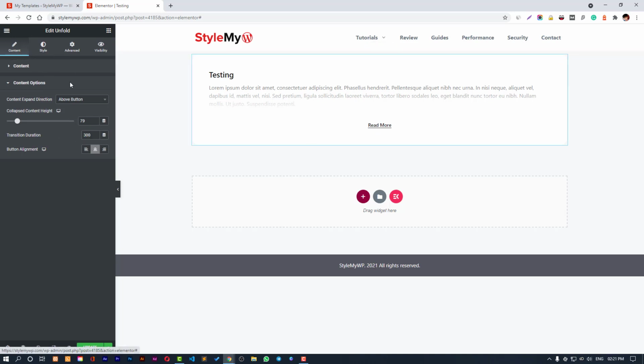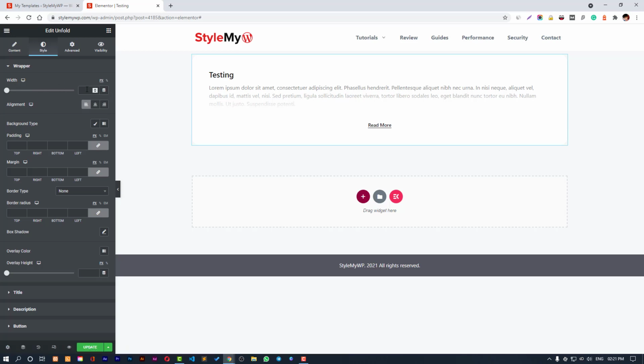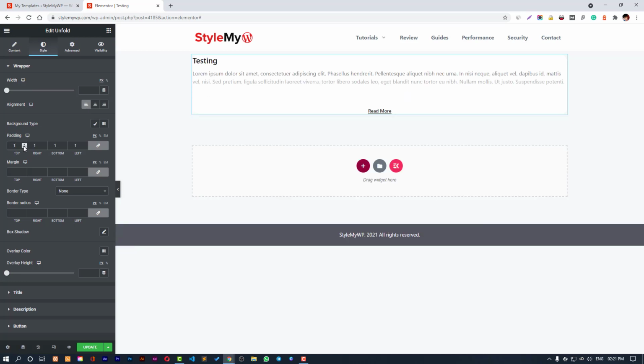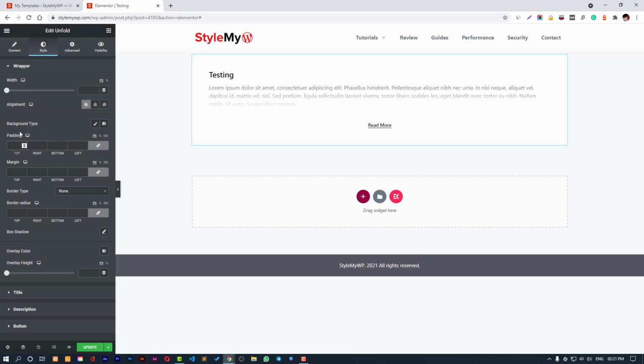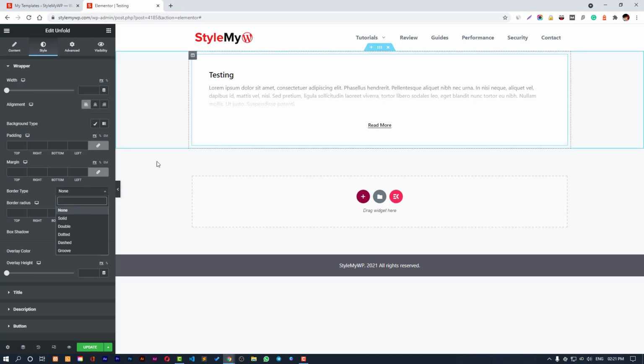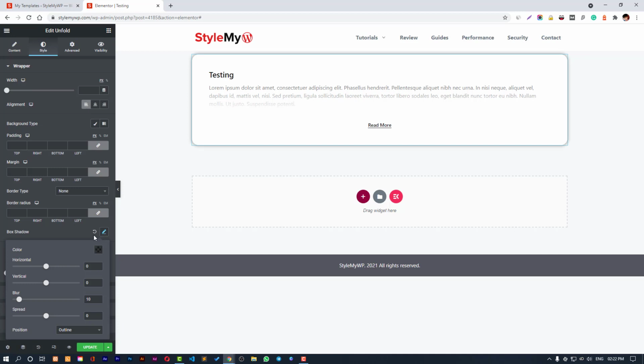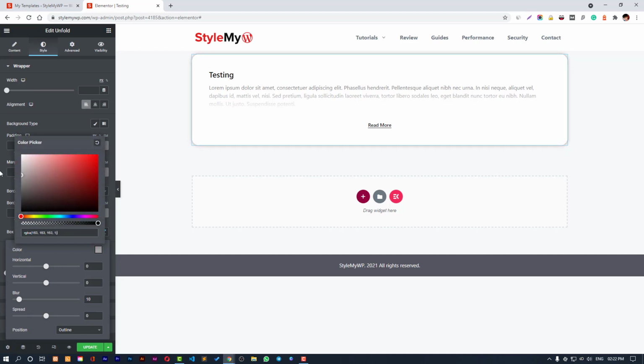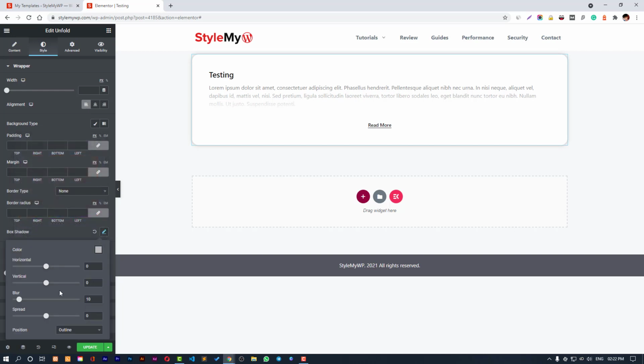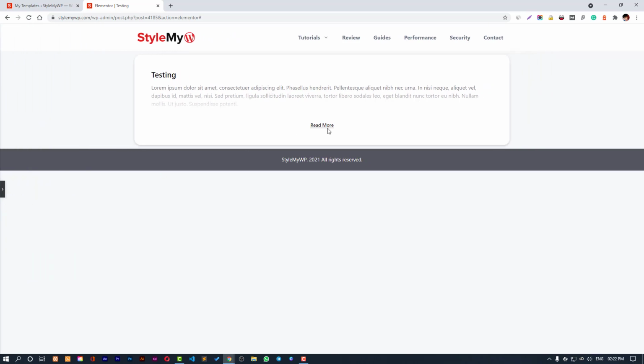Yeah, and you can also change the styling of the wrapper. You can change the width of the wrapper, you can change the padding, like the default padding is too much, and you can play with the padding. Yeah, and you can also change the border type to have the design that you are looking for, and you can also give it a box shadow so that it looks perfectly well. Yeah, this one, and a little bit of vertical and blur to be around 5 or 6. You can play with it actually. So this looks good.